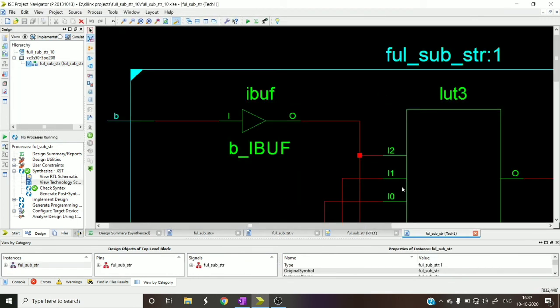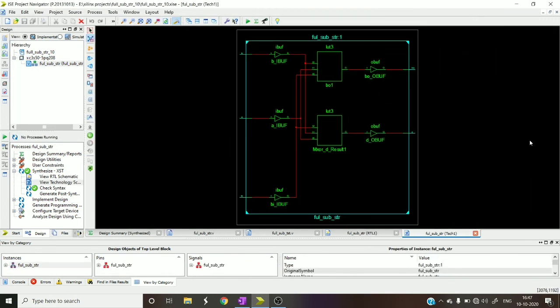So if you want, you can practice them. And similarly here you can see, as this is targeting the FPGA family, you can find the lookup tables here. So this is the FPGA implementation, which is called the technology schematic. Okay, so if you are wondering why lookup tables are generated in FPGA, you have to check the construction of an FPGA board, how it would be, and then how the lookup tables function, and what SRAMs are present in the lookup table. So all of those we can make one more video. If you want, you can mention it in the comment section. So for the time being, just remember that lookup tables will be used in FPGA implementation. So that is why if you look at the technology schematic, you will end up seeing these lookup tables.